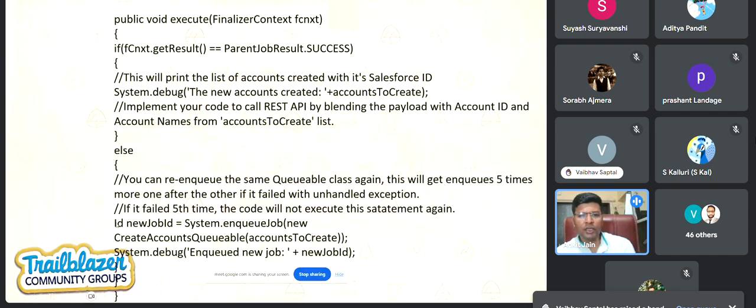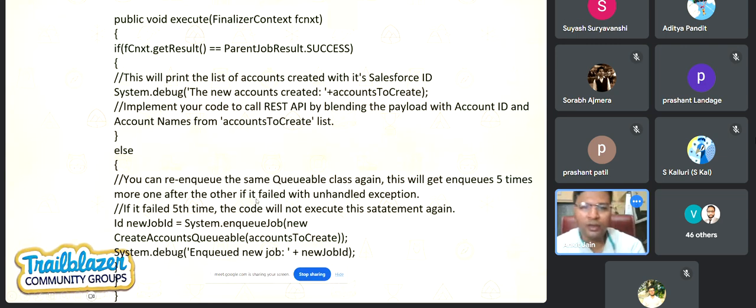Here I have written System.enqueueJob in the else statement, meaning it is a failure, so it would enqueue the job again and again to process it, unless I get the error again. It's like in schools, till three times the failure is accepted, and after that you will be detained from that school. It's like that. It would try for five times. After that, if it doesn't succeed, it would not do anything. That job would be removed.